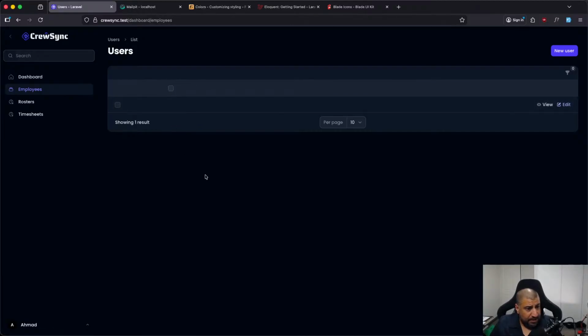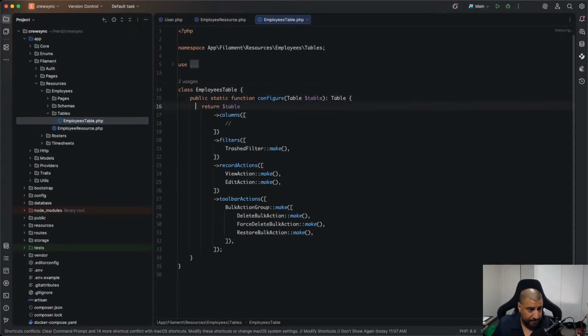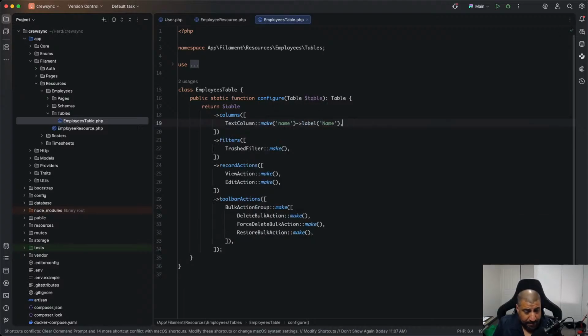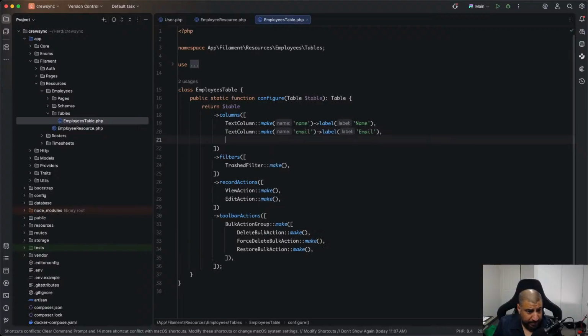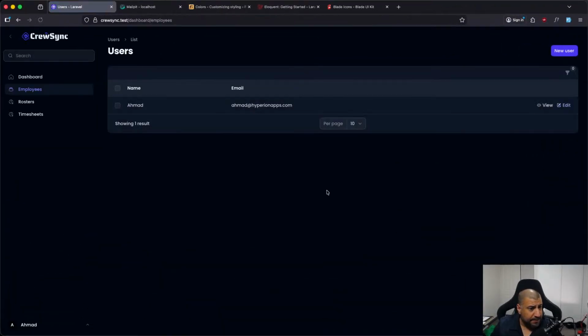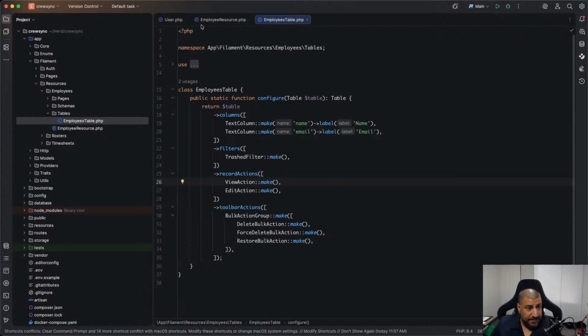Now the table here, which is showing nothing because there is nothing. So let's say a text column of the name, a text column for the email, and I don't need another text column, I guess. That should be it. And now the interesting part here is this user doesn't have the scope yet, right? Because there is no place for me to assign those roles yet, which means if I come here